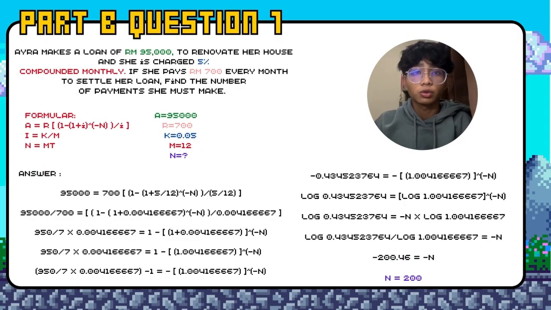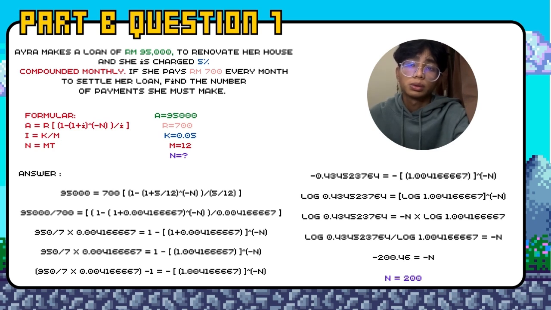For question 1, we want to find the number of payments Ira must take. So we use the present value formula, which is A equals R, open bracket 1 minus, open bracket 1 plus i, close bracket power negative n, divided by i, close bracket. Based on the question, we have A 95,000, R 700, K 0.05, and M 12. We put the values in the formula. We change 5 divided by 12 to decimal, and we get